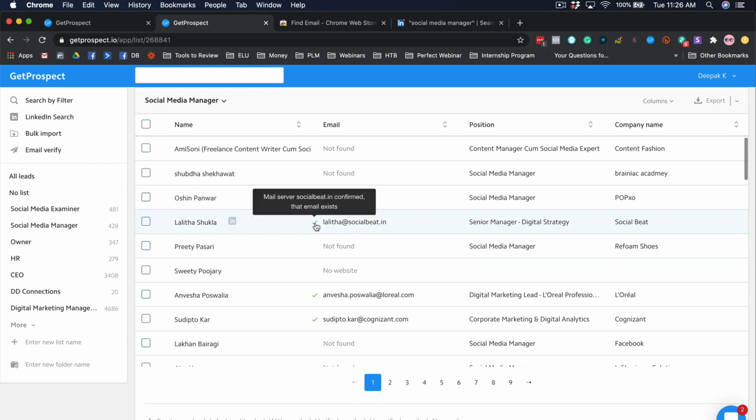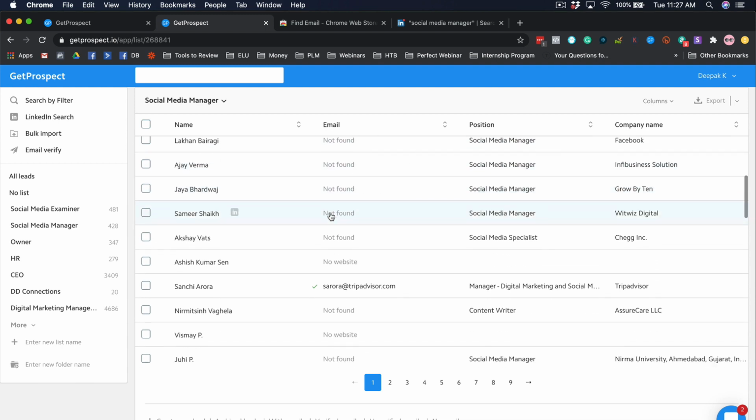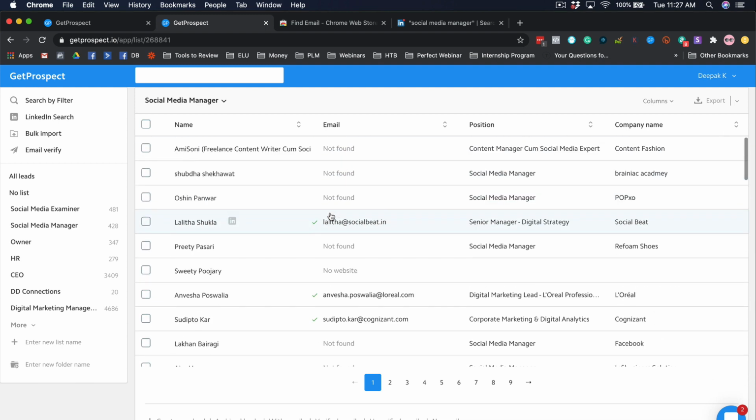Here it will also verify the email IDs. You would have noticed that when we did the email ID search in Snove.io, it would first collect all the email IDs, and then it would tell us whether the email IDs are valid or not. Here it will only show the email IDs if they are valid, and you can then go ahead and reach out to them.